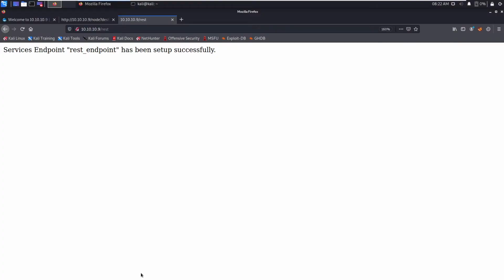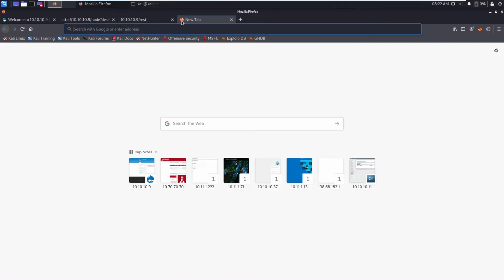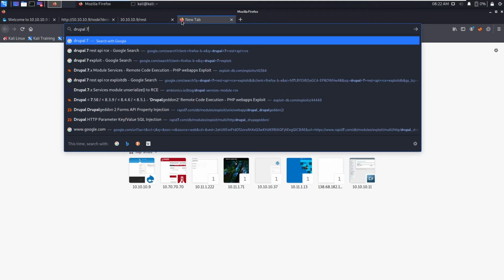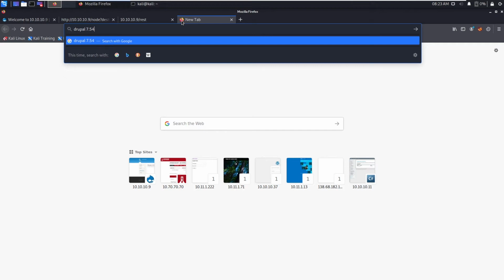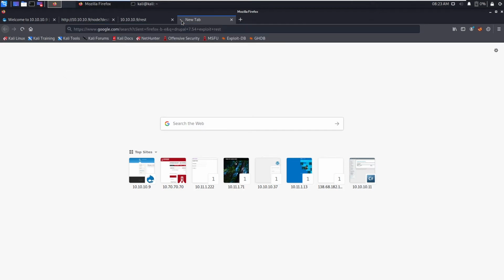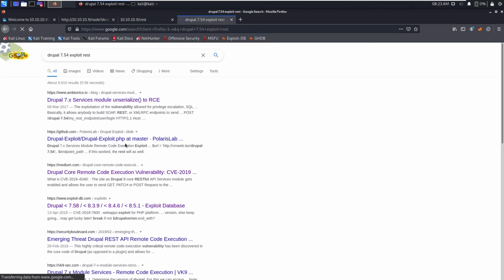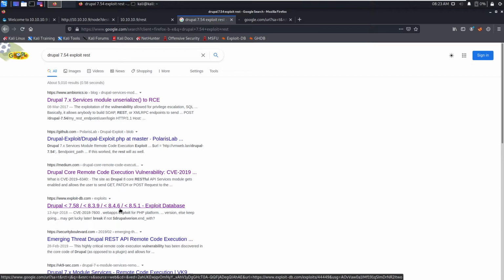Now let's go to Google and search for Drupal 7.54 exploit REST. So go to Exploit-DB.